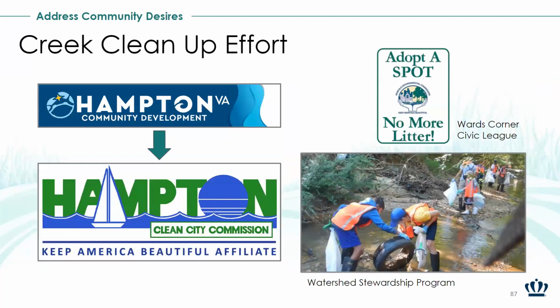So we looked into a way to renovate that. We discovered that Hampton Community Development and Hampton Clean City Commission work together to evaluate the creek. Hampton Community Development evaluates the creek, and then Hampton Clean City Commission provides equipment and guides the cleaning